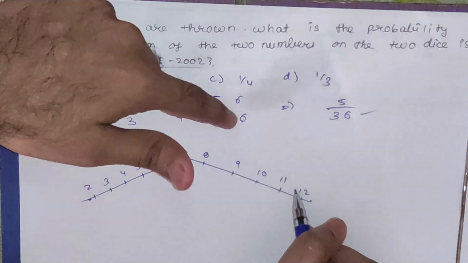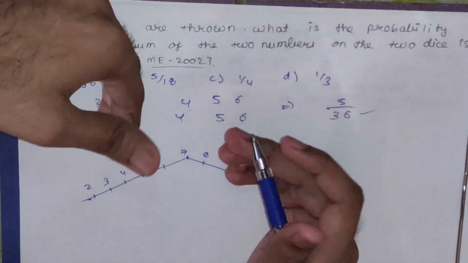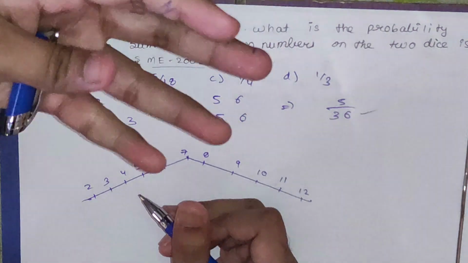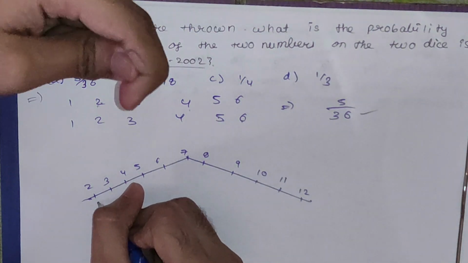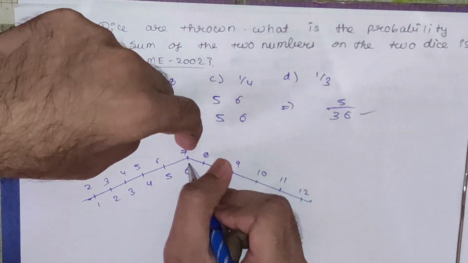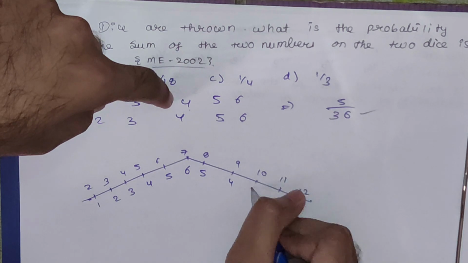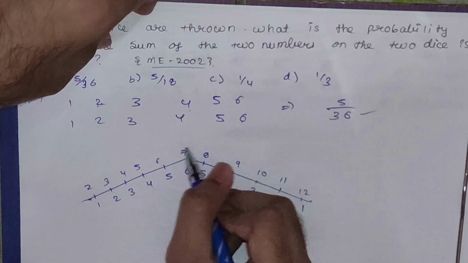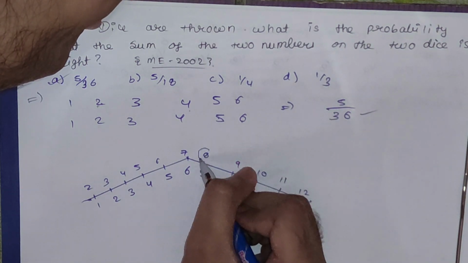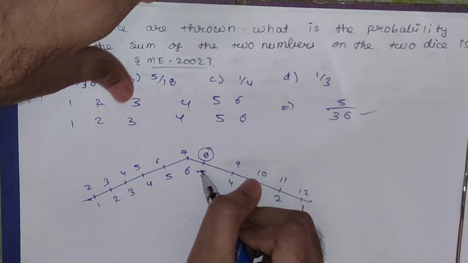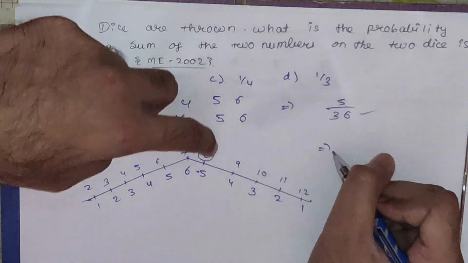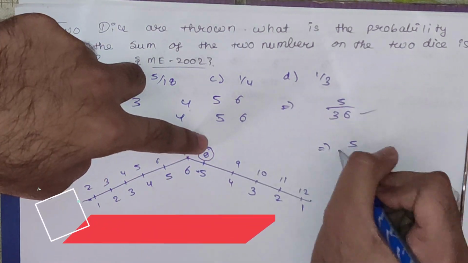Now you have completed the sums. You have to write the cases now. The cases can be for 1, 2, 3, 4, 5, 6 and so on. So you will write it as 1, 2, 3, 4, 5, 6. Now you will start decreasing: 5, 4, 3, 2, 1. So now for the question that the sum of the two numbers on the two dice is 8, you can see the sum is here 8, and corresponding to this, 5 is the number of ways you can achieve this sum as 8. So the probability of getting sum as 8 will be 5 upon 36.